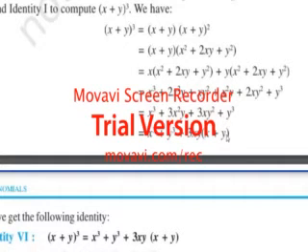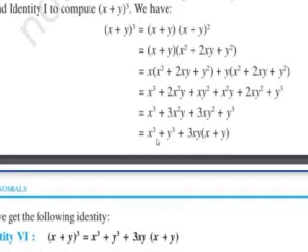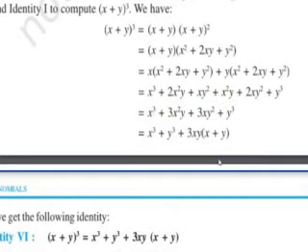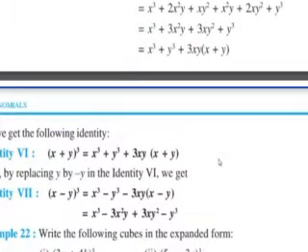We can write this, or if you see here, it has been written x plus y whole cube is equal to x cube plus y cube, the plus y cube which had been written first, and from these two terms, 3xy is taken common, so it becomes 3xy times x plus y. So x plus y whole cube also becomes x cube plus y cube plus 3xy times x plus y. I hope all of you are understanding it.